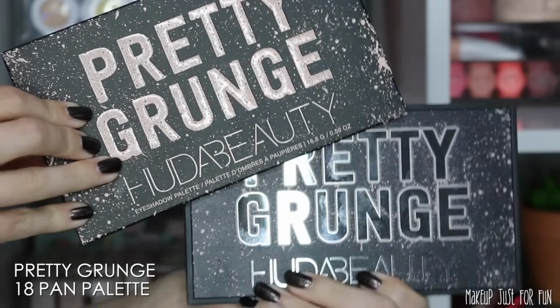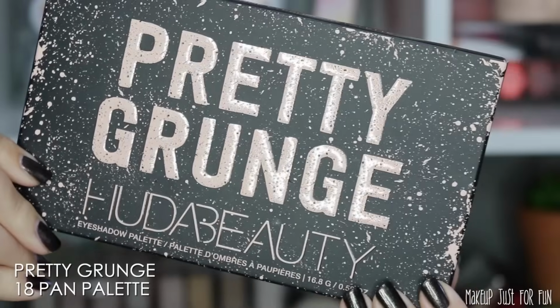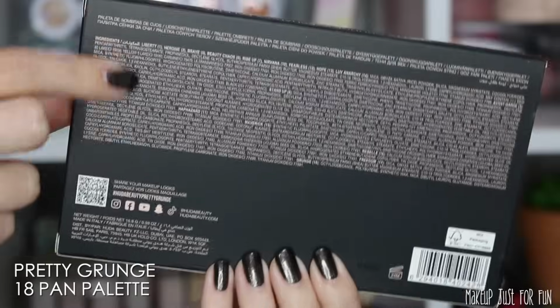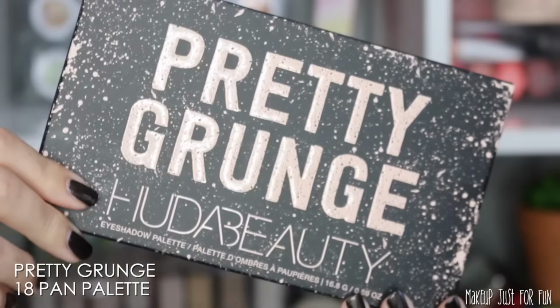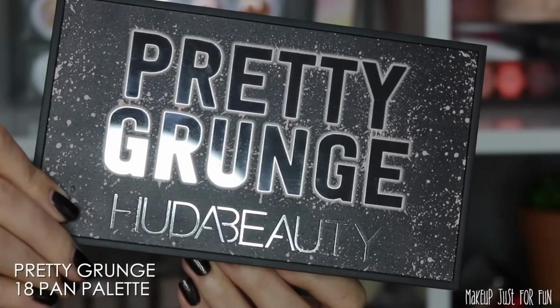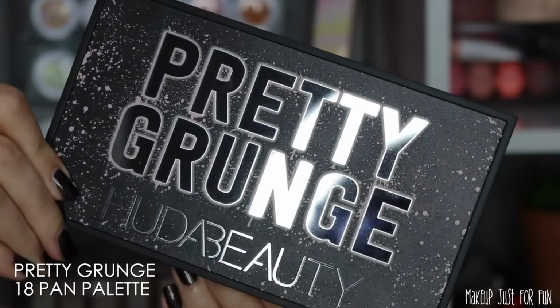Now, I know I've not really liked much from this collection yet. You know, the cheek thing was fine, but the palette is really beautiful. You'll see the shades are not anything groundbreaking, but where I think the Huda Beauty palettes really shine isn't necessarily always shade selection, although there have been some bangers in the past. Mercury Retrograde is still one of my favorite palettes of all time,